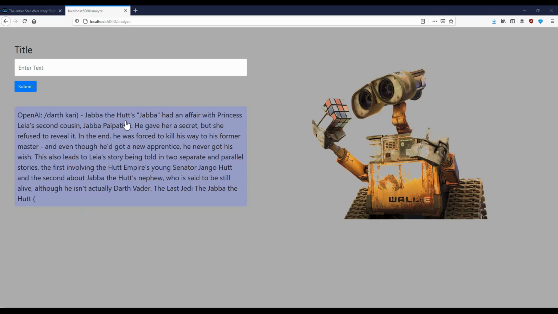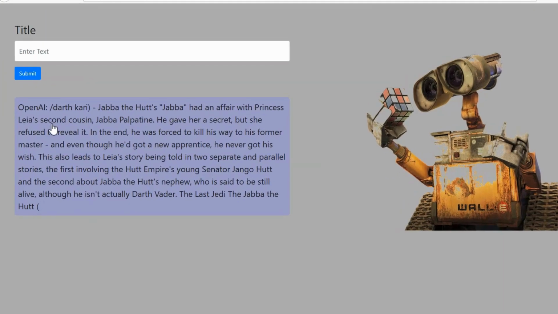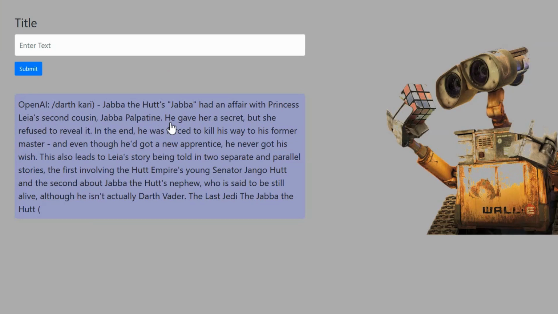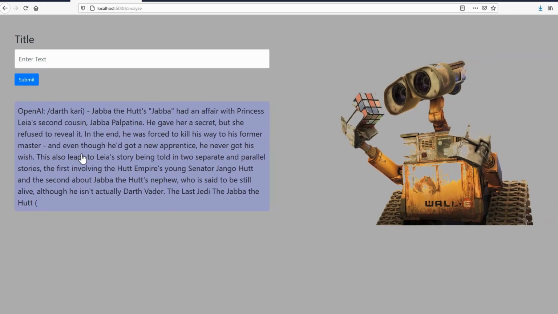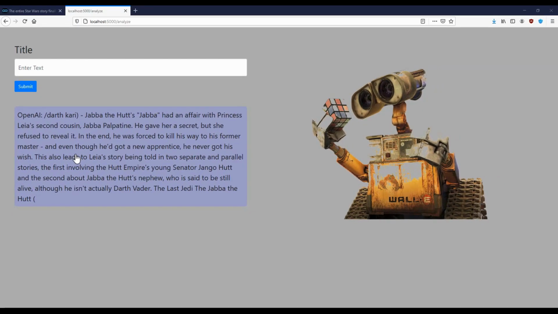like Jabba the Hutt's Jabba had an affair with Princess Leia's second cousin, Jabba Palpatine. He gave her a secret, but she refused to reveal it. In the end, he was forced to kill his way to his former master, and even though he'd got the new apprentice, he never got this wish. So, as you can see, this is completely generated with our model using machine learning, using the OpenAI